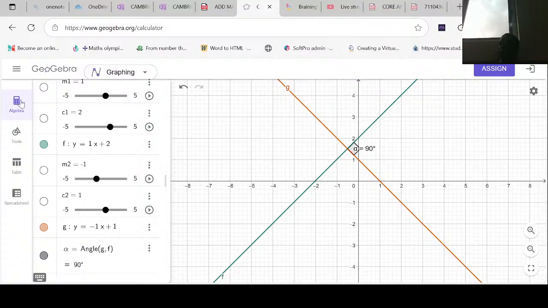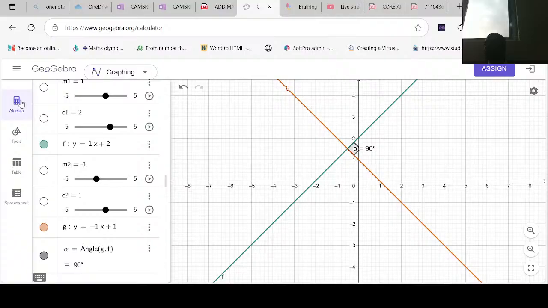So I want you to deduce something. Can you take note of the gradient? Then we'll do another one. We'll make sure that they are perpendicular. So maybe we'll do two examples. Then from the two examples, you should try and make your conclusion that, okay, when they are perpendicular, this is